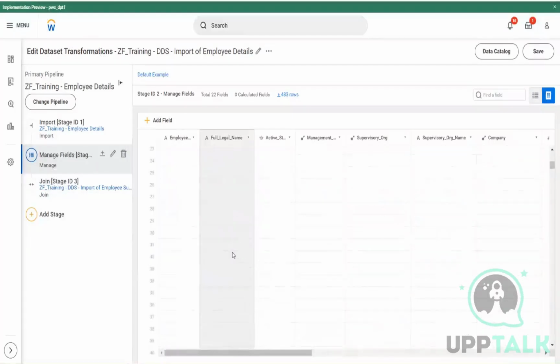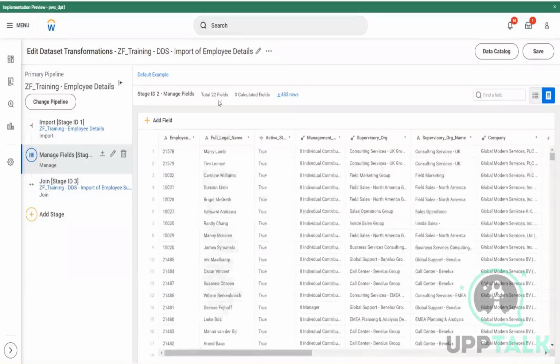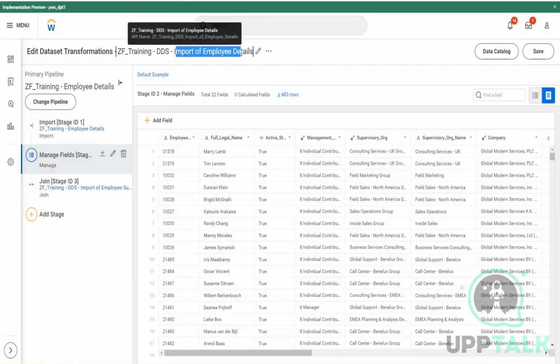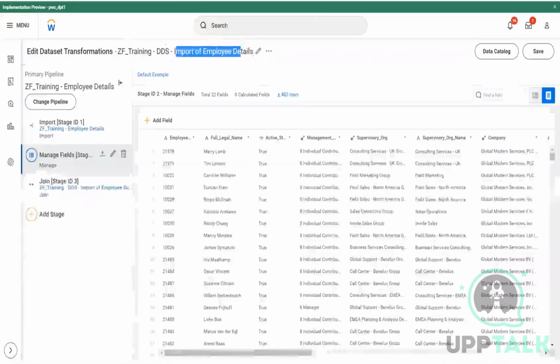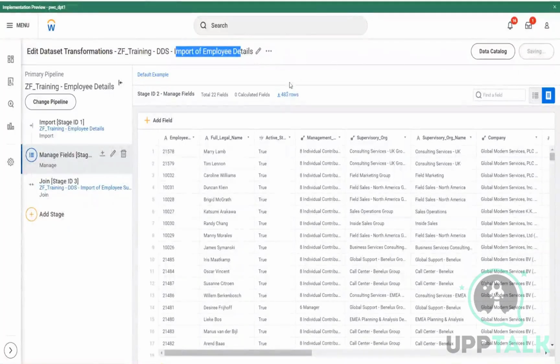Okay, I think the employees are not fine because we only, okay, this is what has happened. What I've done is an import of employee details. If you remember, this matching is my derived data set, which is basically an import of this table, right? So if I go in here, let me show you the lineage. If I do a view lineage,